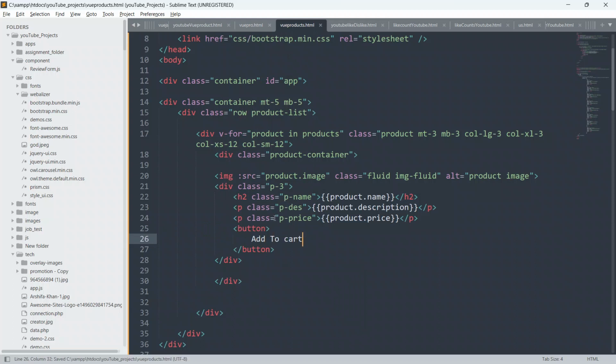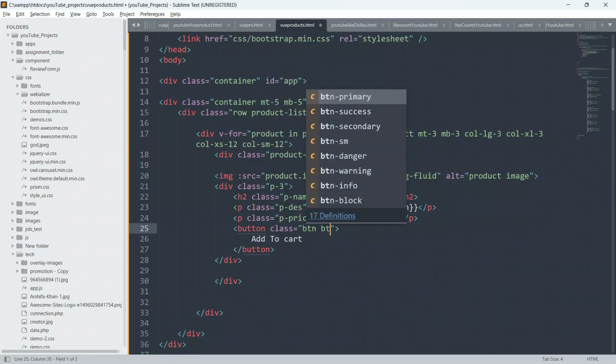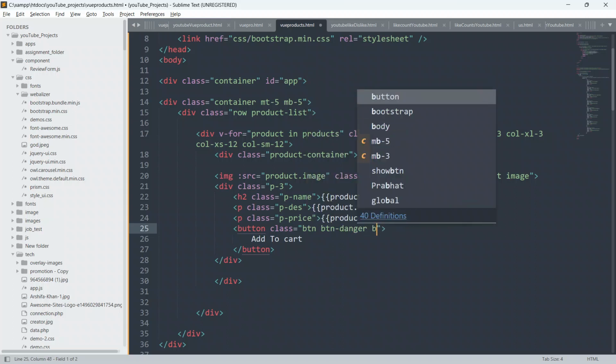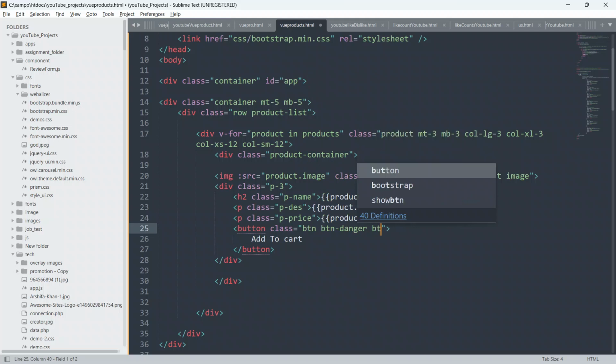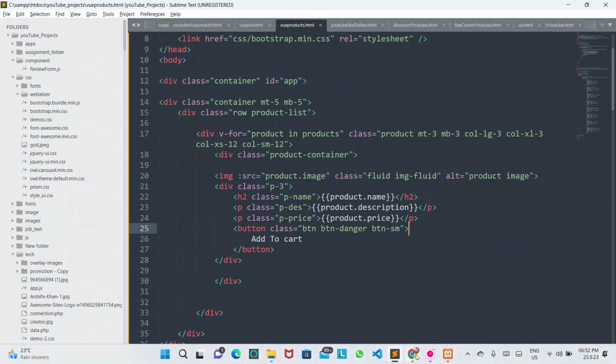And guys, give the class also. So give class btn, btn-danger, and btn-sm for a small button. Just save, go to the browser and refresh your page.